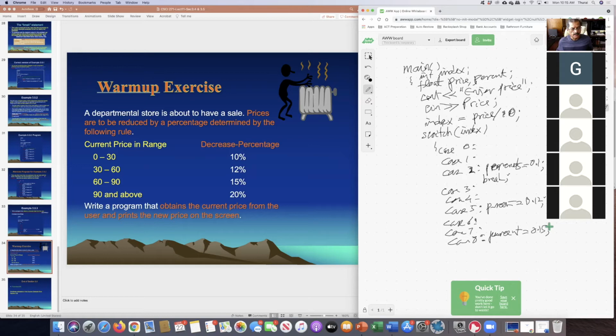So what should I do? How do I handle that? You should use the default. So all other cases I'm going to put under default. If it is not one of these, then it's clearly over 90 and it can be anything, anywhere above 90. So I cannot cover all the possibilities. Default is the best way. So default, percent equal to